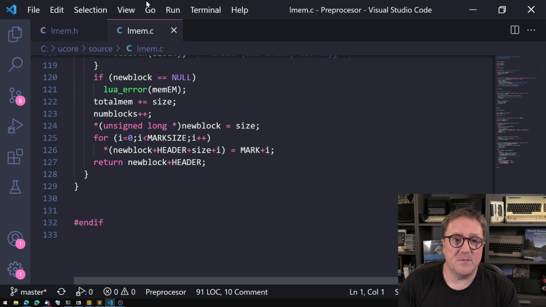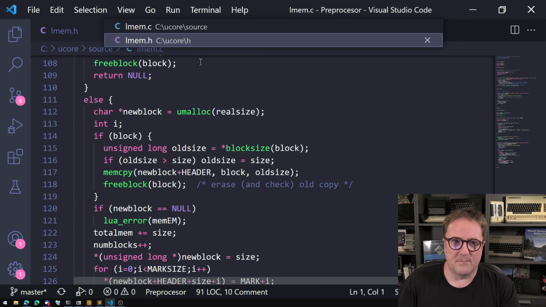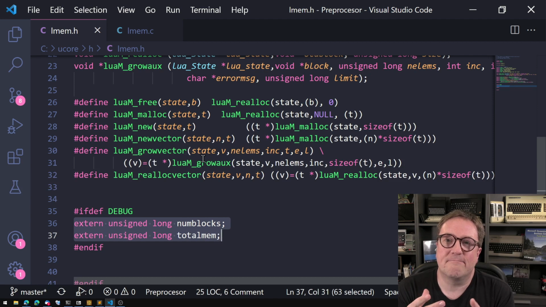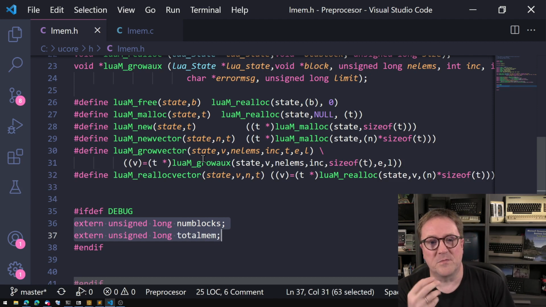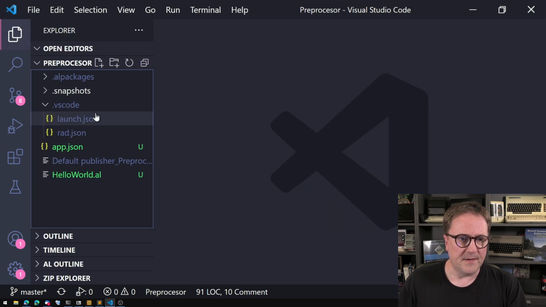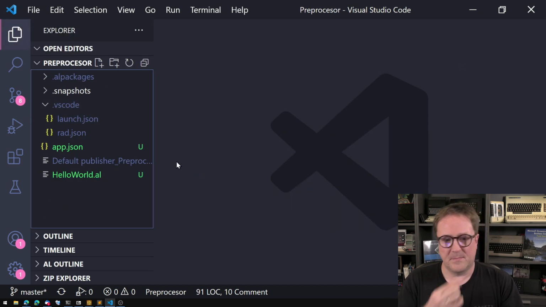And what has been done in AL is not really the same, because we can do so much more with the preprocessor in C, but there's clearly an inspiration. So let's take a look at what it actually is. So here is my